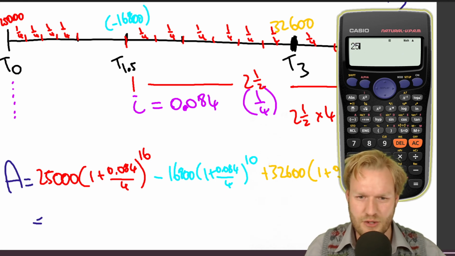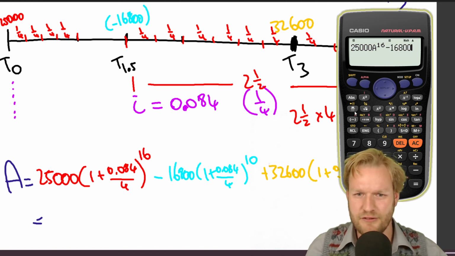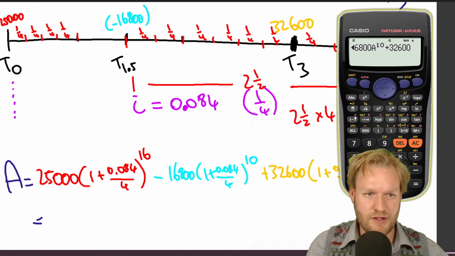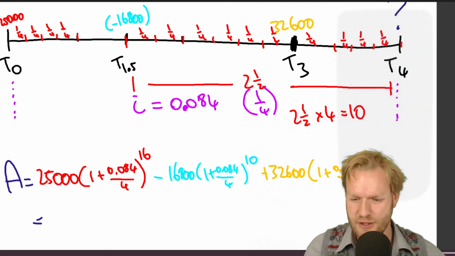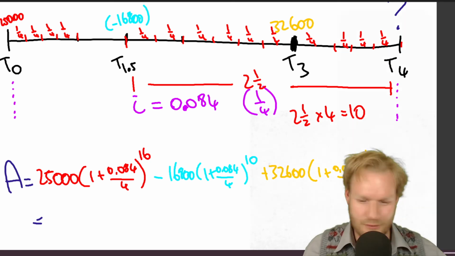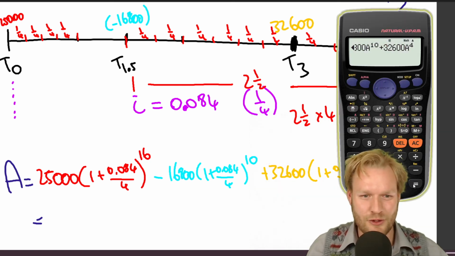So now when we do our formula, 25, 1, 2, 3, alpha A to the power of 16 already feels a little bit better and more manageable, minus 16. I'm just going to run us through this one. Alpha A to the power of 10, right, plus 32,600 alpha A to the power of 4. Equals